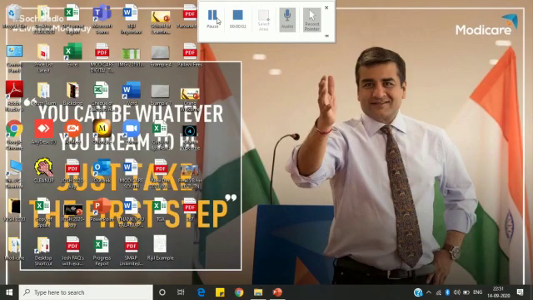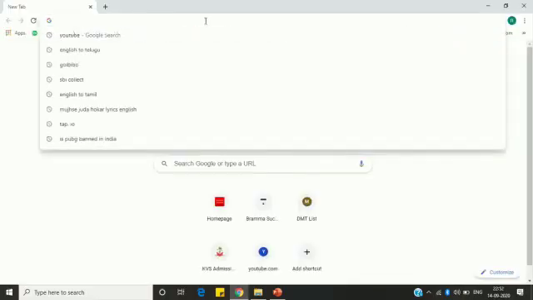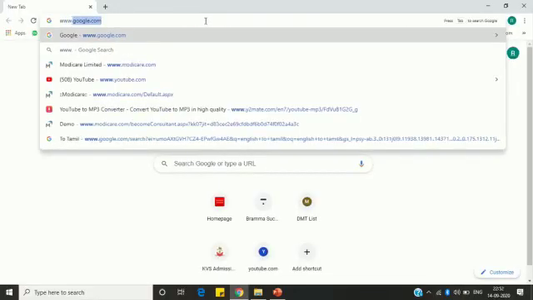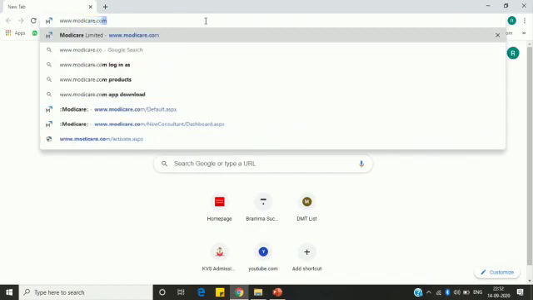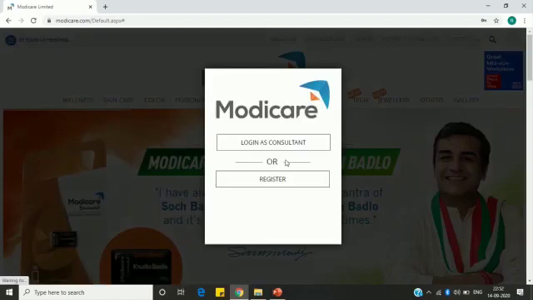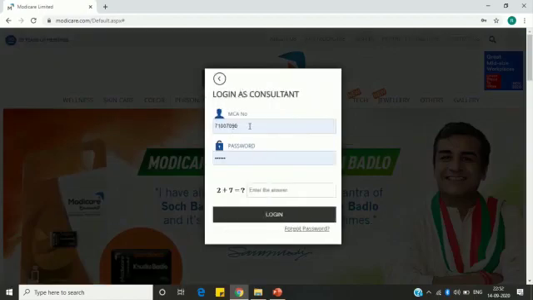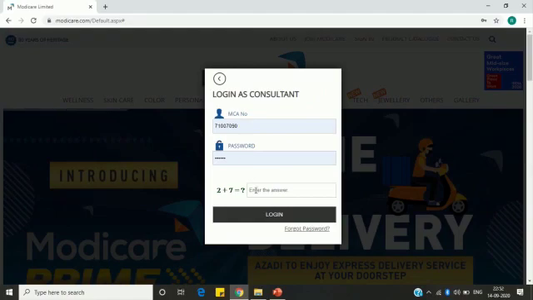So how do we update the PAN details and NEFT? It is very simple. Just click onto the Google Chrome, enter Modicare address www.modicare.com, go to sign in, log in as a consultant and enter your MCA number and password and type the answer here.